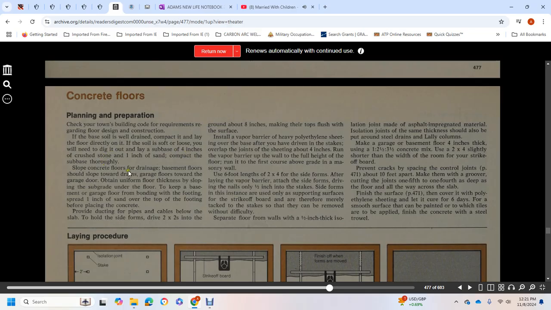Compact the sub base thoroughly. Slope concrete basement floors toward the drains, and slope the garage floor toward the garage door. Obtain a uniform floor thickness by sloping the subgrade under the floor. To keep the base of the garage floor from holding water off the footing, put 1 inch of sand over the top of the footing